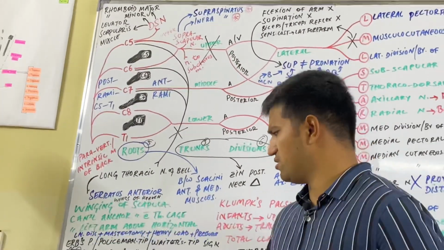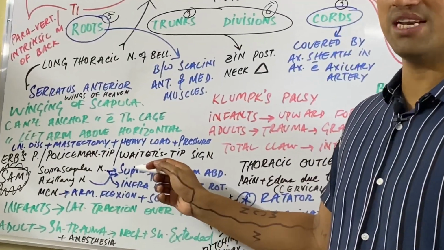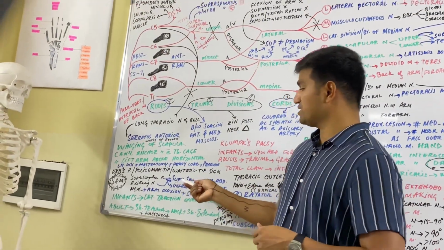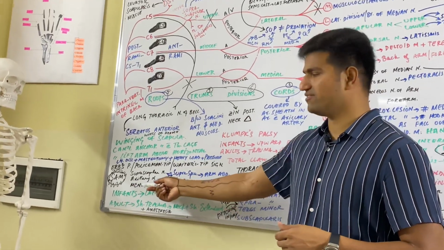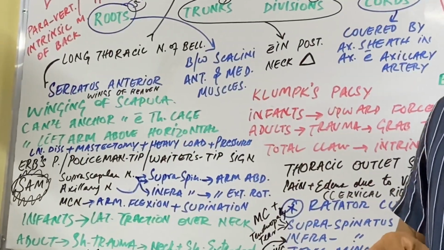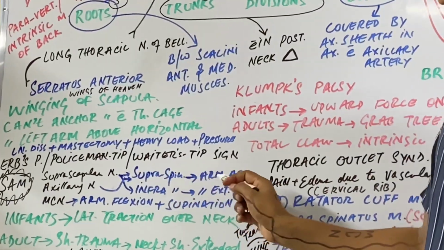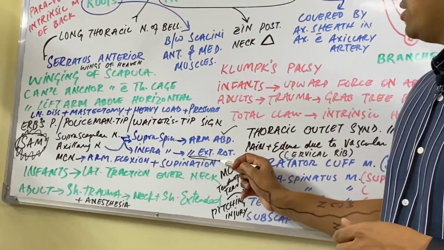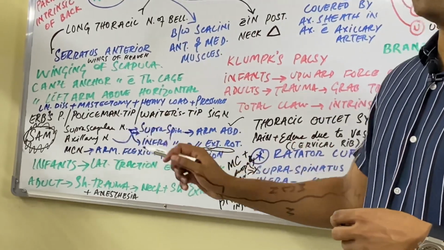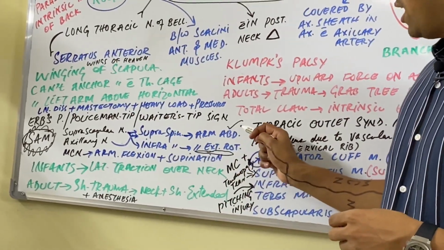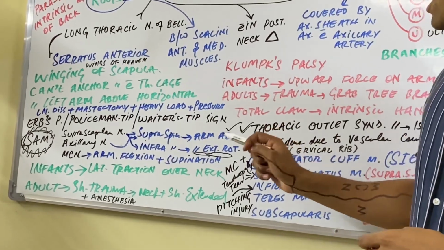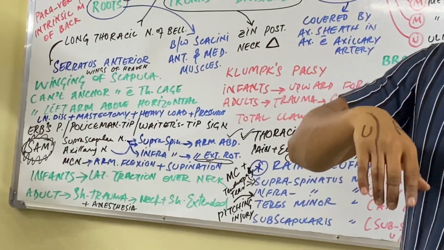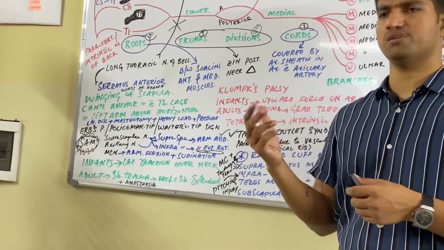What will happen? The suprascapular nerve innervates supraspinatus muscle and infraspinatus muscle. We have discussed this; these are the rotator cuff muscles. The axillary nerve innervates the deltoid muscle, and the musculocutaneous nerve innervates the muscles of the anterior arm, DBC. What is the function of supraspinatus muscle? Arm abduction. What is the function of infraspinatus muscle? External rotation of the arm. And what is the function of the axillary nerve, the deltoid muscle? Arm abduction, you can see simply. And what is the function of musculocutaneous nerve? The muscles innervated by the musculocutaneous nerve produce flexion of the arm and supination, we have discussed.